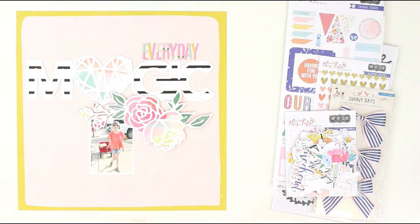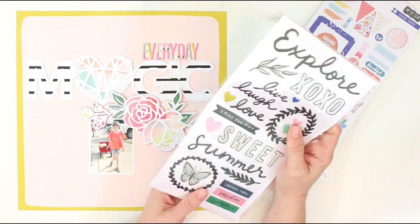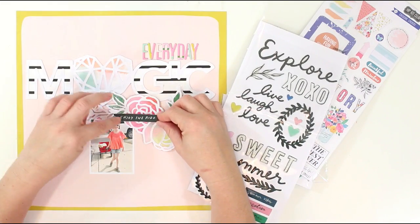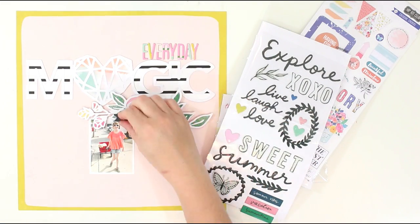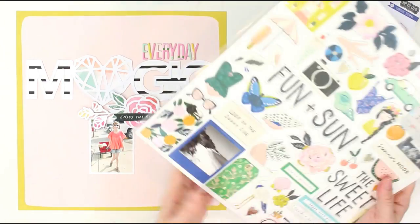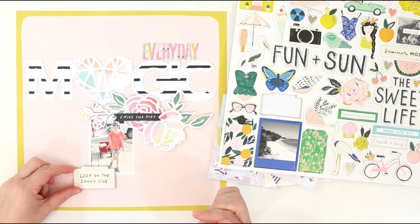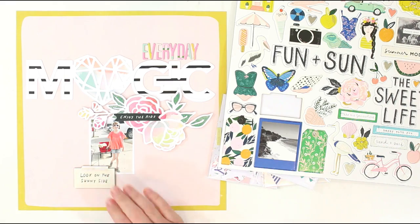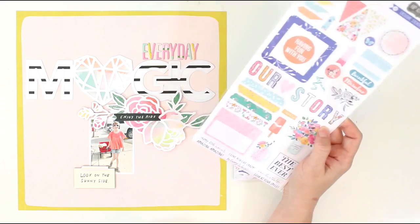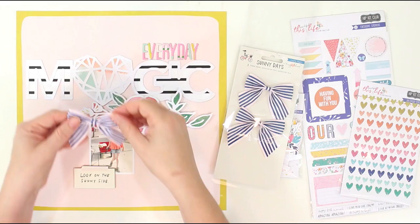And so once I have that done, I am going to get to my favorite part, which is embellishing. And you can see here I have some of the crepe paper Sunny Days, and I wanted to use this little puffy sticker. It says enjoy the ride, and it may be hard to see right now, but when you see the close-ups at the end, you will notice that our little doggy Baxter is riding in a wagon being pulled by our middle daughter. We were in San Antonio, Texas for the day, going to the Alamo, and he does not like to walk, so he got pulled around in the wagon, and I thought the enjoy the ride sticker was perfect